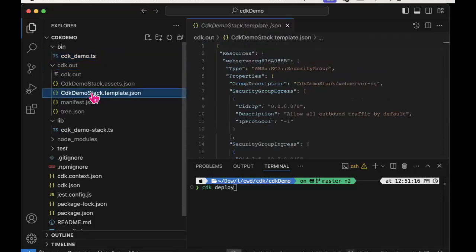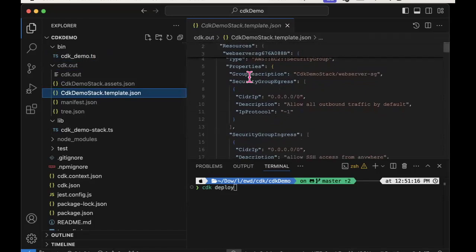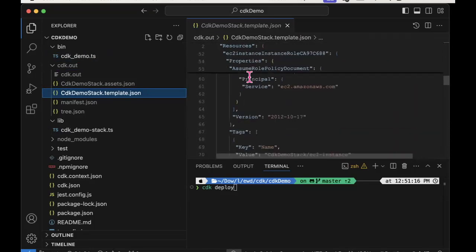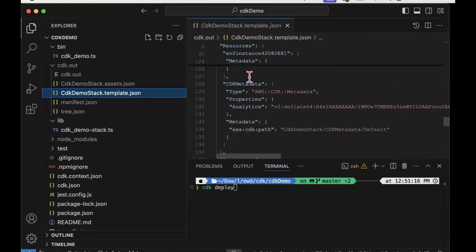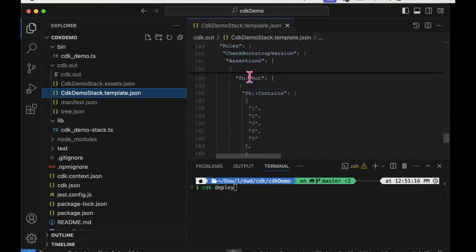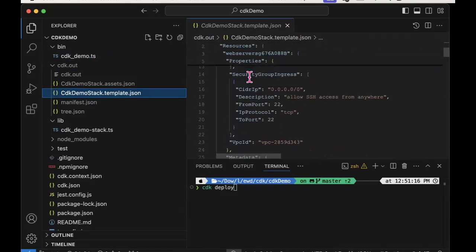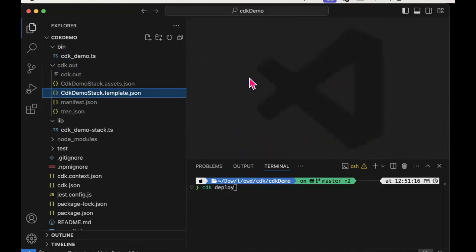If we just open it up, we certainly won't look through it, but this is your CloudFormation template. In this case, it's in JSON format, but we could have asked it to generate YAML. It's difficult stuff to write, but of course it's generated for us, so we don't need to look at it.